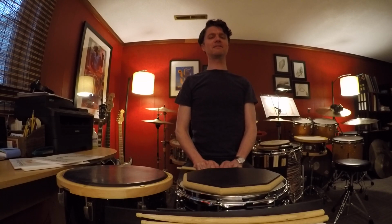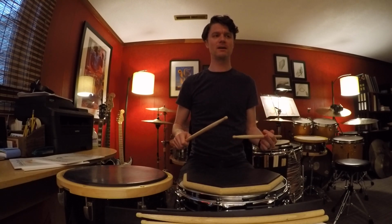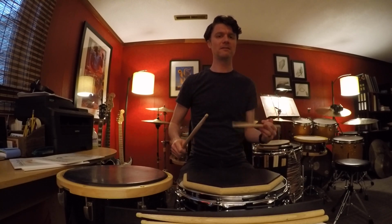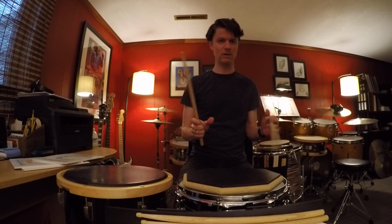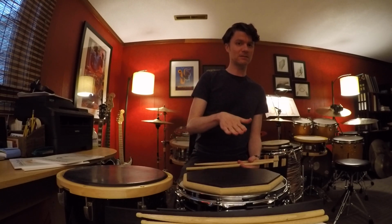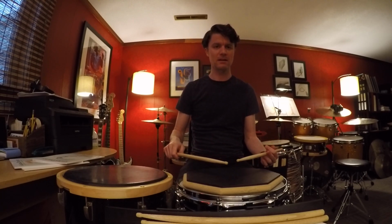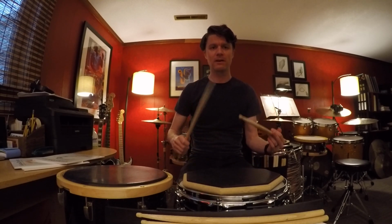So what is an inverted double stroke roll? Basically, it's a normal double, right, right, left, left, right, right, left, left, that we've displaced by one spot. Everything's shifted over one. So what that means is we begin on a single now, and then from there it's all doubles. So like a quick example will be, you just go like right, left, left, right, right, left, left,